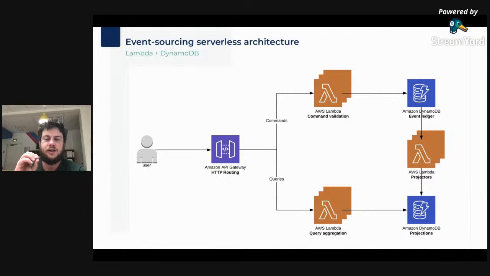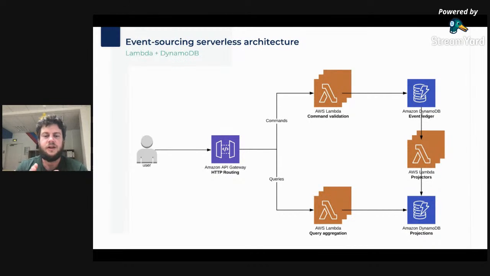Those Lambda will actually, in the first stage, recover and build the aggregate used for a specific entity. So for example, if we take back the example of Notify application, one aggregate is what we call the alert aggregate, which encloses all the events related to a specific alert. The time you create it, when you add lines to it, when you add description, when you add broadcast channel you want to broadcast it to, when you request the broadcast of this alert, when you request an update broadcast of this alert, and when you close it. All those various events are related to the same